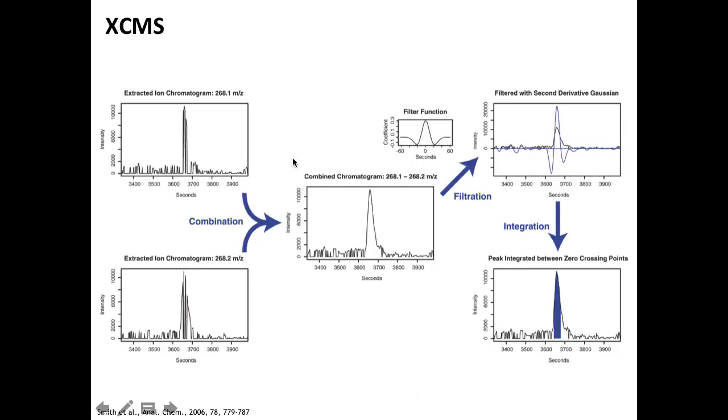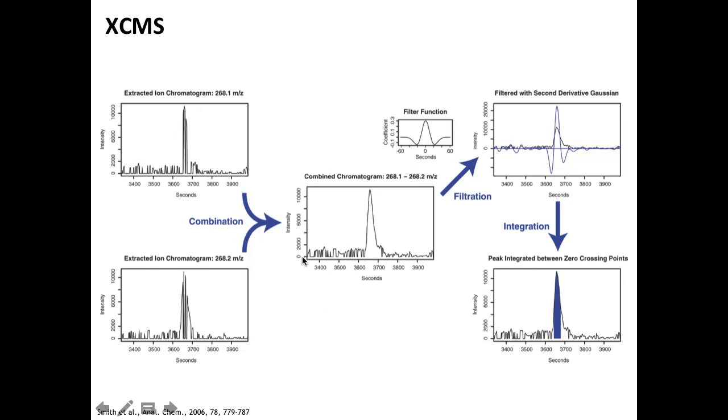This is what such an extracted ion chromatogram looks like. And you know, the binning is already part of the problem, because binning is not a very stable process. This is one of the reasons why these chromatograms don't really look all that nice, because they are often split across adjacent bins. And XCMS tries to fix that by combining them again. But ultimately, this discretization is a bit of an issue.